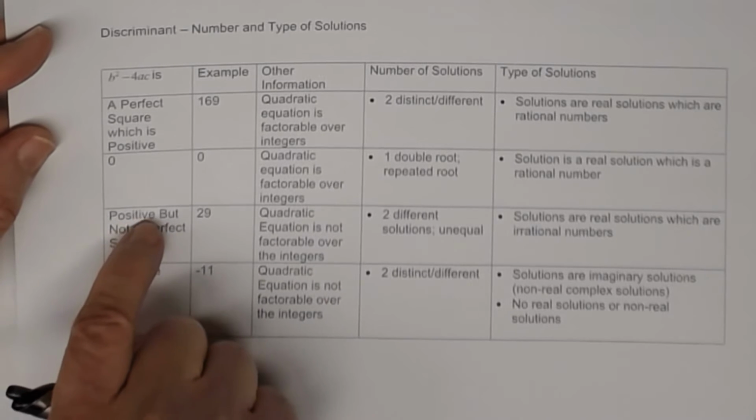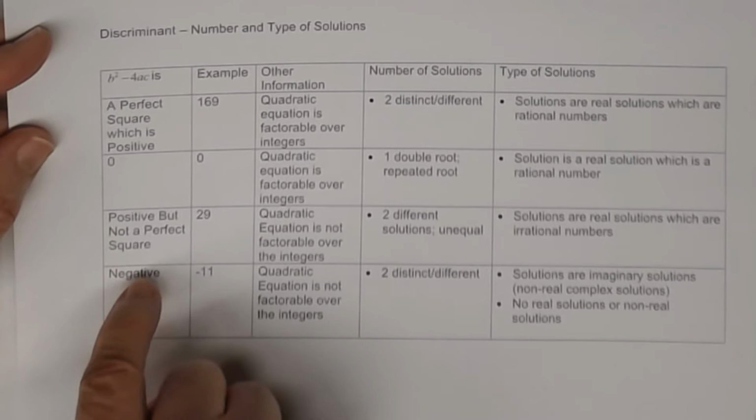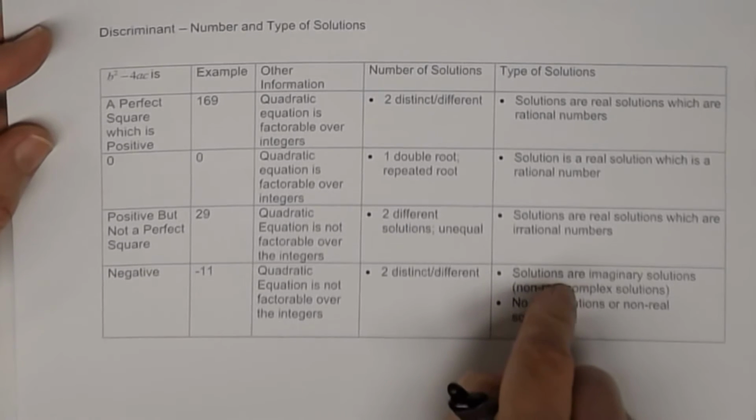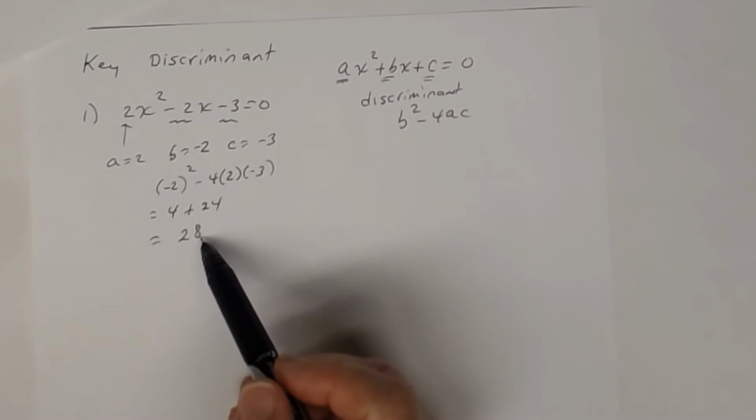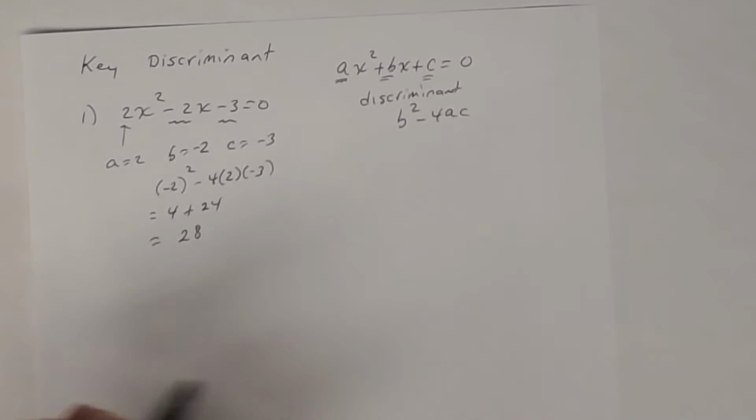If the discriminant is positive but not a perfect square, then you're going to use this information. And if the discriminant is negative, you're going to use this information. But notice 28 is not a perfect square, right? 28 is not a perfect square. So remember your perfect squares